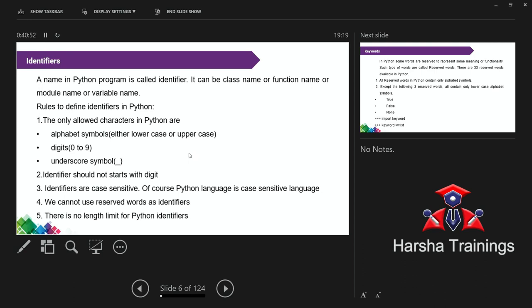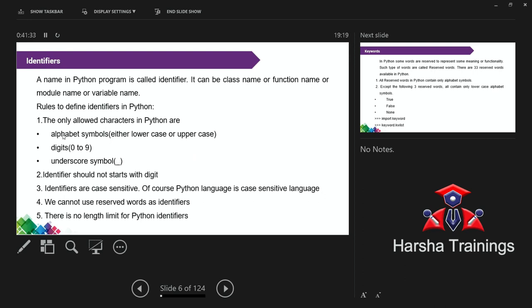So simply, the identifier is like the star. The identifier is like the timing. That is, the identifier sets some rules, and anyone can use the rules. Variable uses the rules. Function name uses the rules. Class name uses the rules. Module name uses the rules. So simply I fixed some set of rules. Suppose a person is born on June 1st, assume generally, the star is Pushyami, and the name starts with some V. So that is called an identifier.